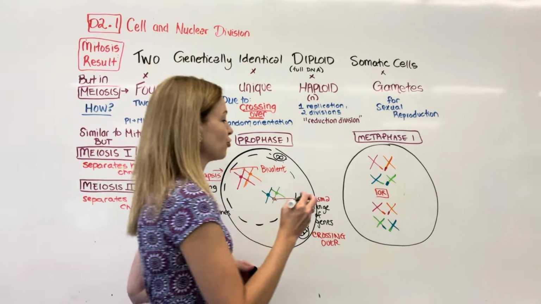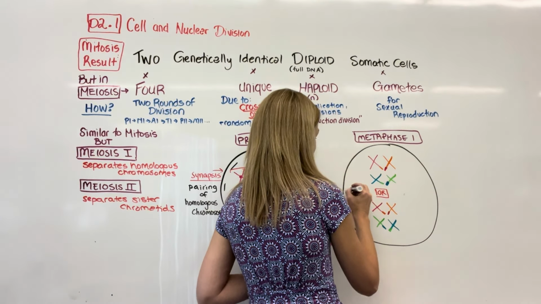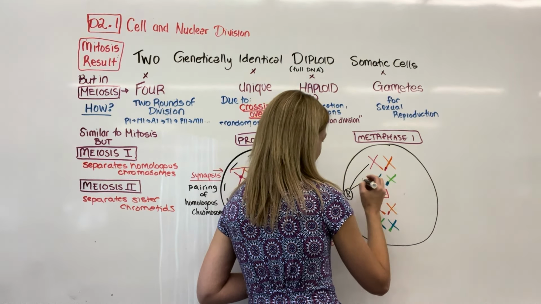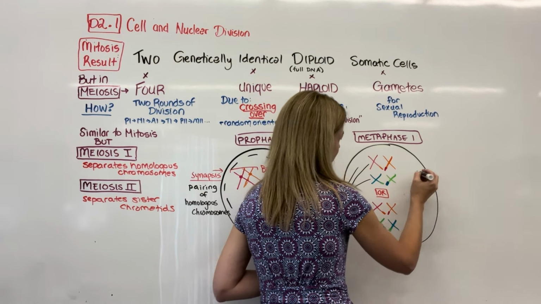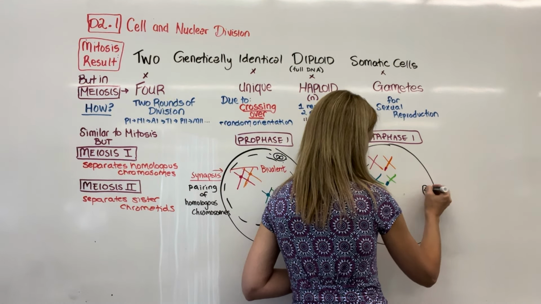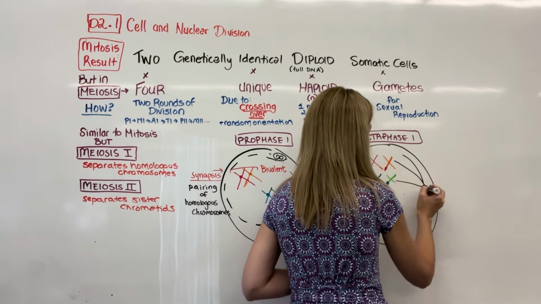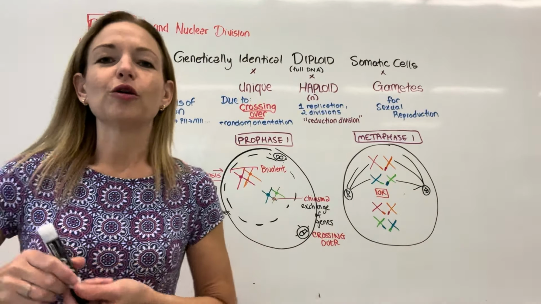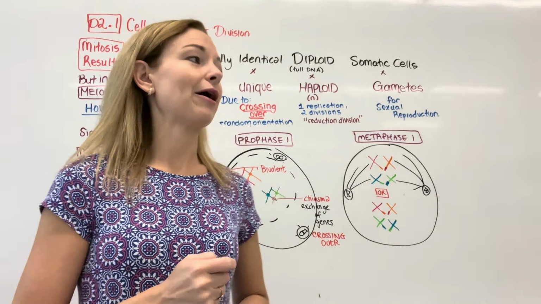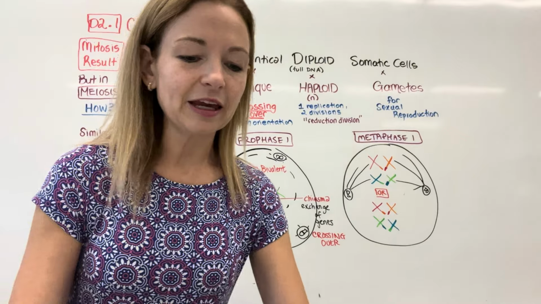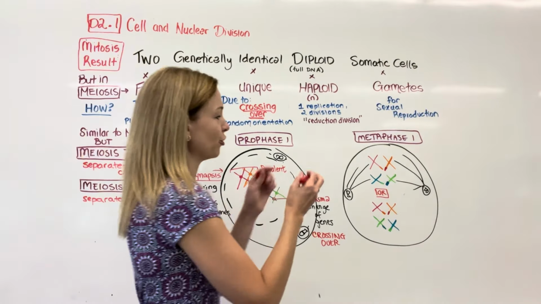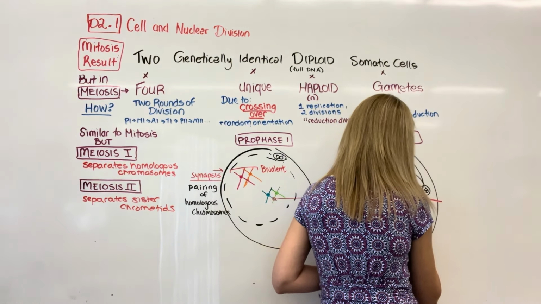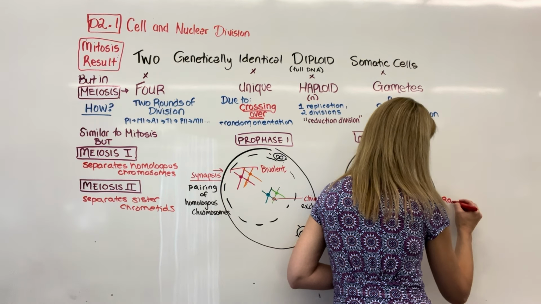Of course, if you were drawing this or writing about it on the test, all of the same things are happening. This is happening because of motor proteins, and so on. That's why we went into the detail about it in mitosis, so you know it's the same kind of processes that allow that to happen. The key thing here is that it could be either arrangement, and that is called random orientation.